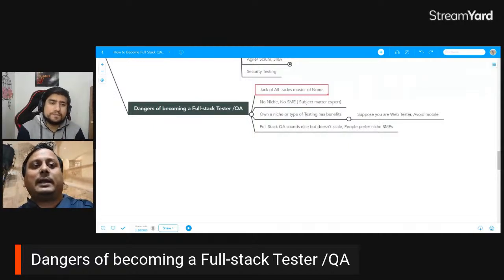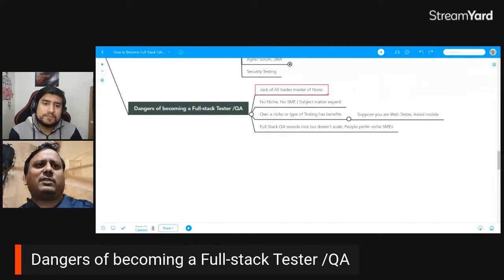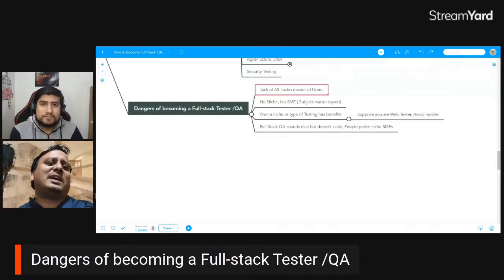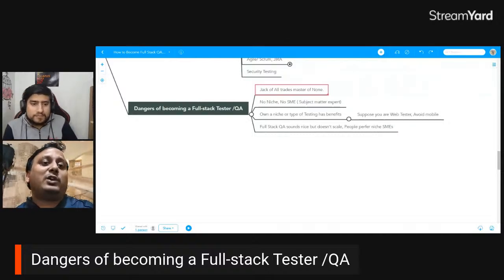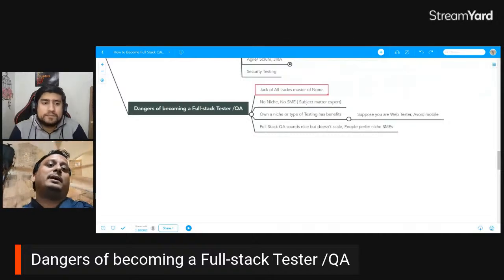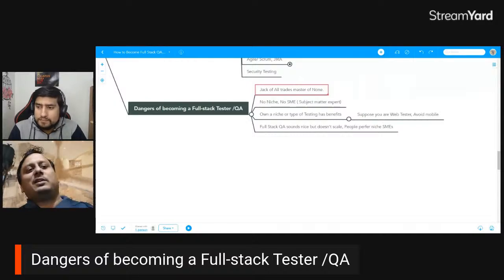Think that you know one or two things very well, and stick with that. Plan yourself: after 5 years, 10 years, do you want to become a manager, an architect, an expert in one particular testing type? Based on that, you plan your career. Don't do what everyone is doing. It's your mind, it's your career.